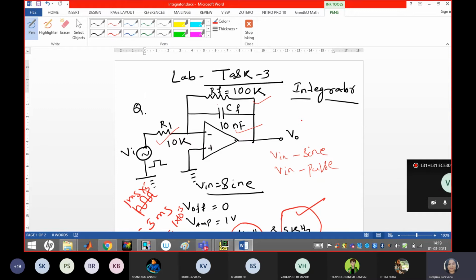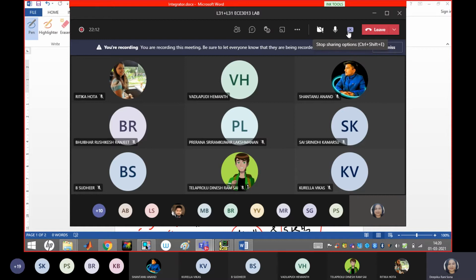So that time the value will be different, guys. 1.5K and 15K we have to take for RF and R1, and C1 and CF also will be different. That value I will give you. So the integrator part you got. If you want, take a picture of it because you have to simulate the circuit. Now I am going to show you the differentiator circuit. Is this okay, guys? Done? Just give me 1 minute.